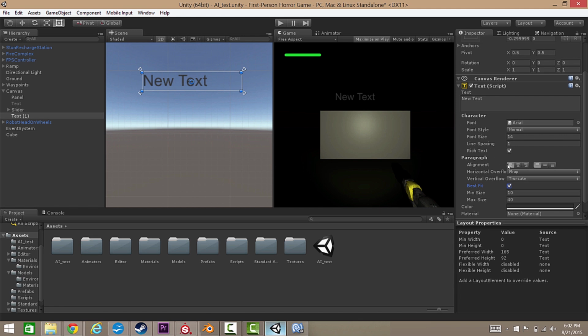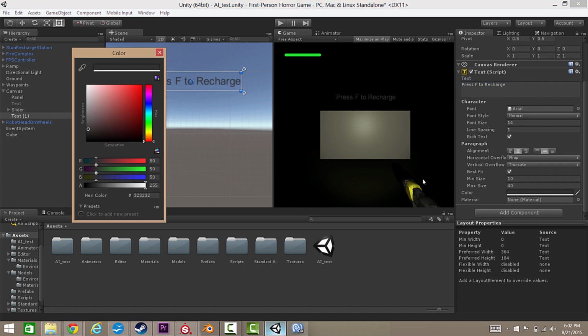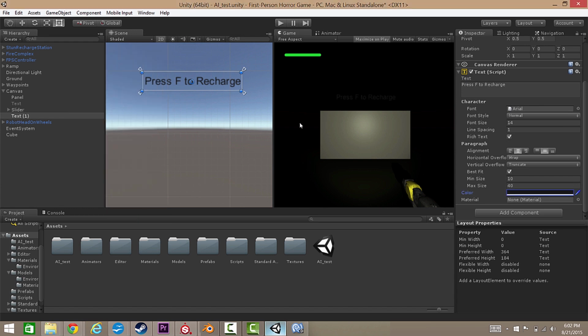And I'm also going to change the alignment to be centered and centered with those two. Next, I'm going to change this text to say press F to recharge. And let's go ahead and change the color of this a little bit. Let's make it a little bit darker. And I know that's hard to read right now, but what I'm going to do is